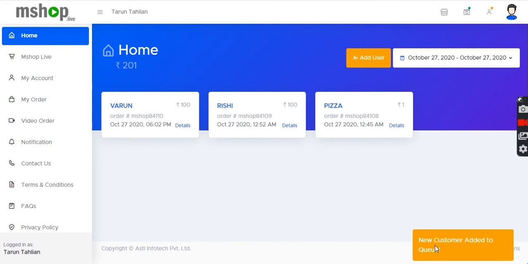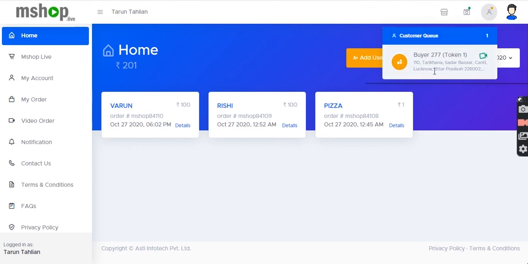On the supplier side, he has got a notification, new customer added to the queue, and when the supplier checks the queue, he is able to view this token number 1 and buyer number 277. This buyer number 277 indicates that this is the 277th caller via mShop to this particular supplier, and token number 1 indicates that right now he is the first and only person calling you. In case this queue increases, token numbers 1, 2, 3, 4 keep displaying over here.